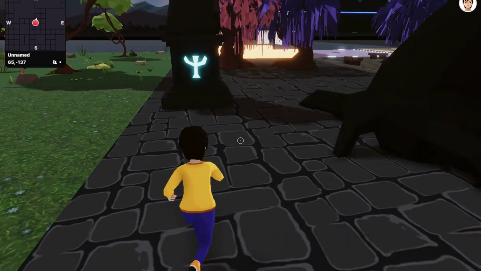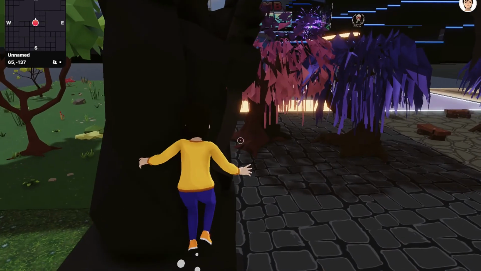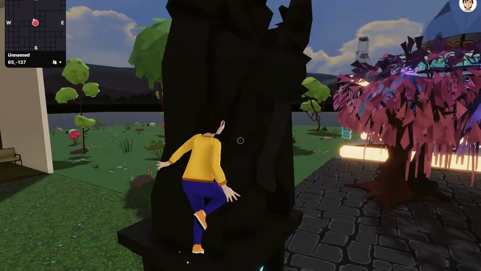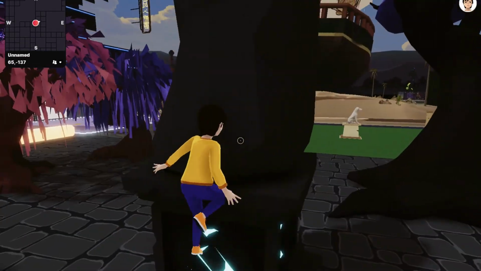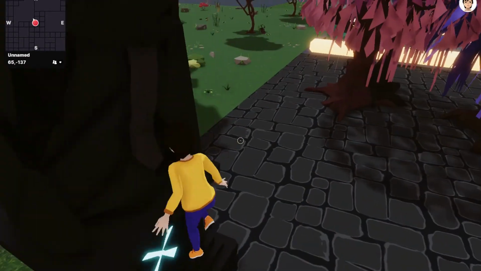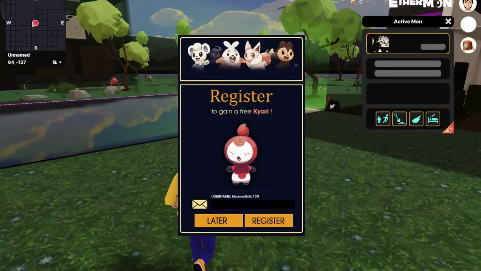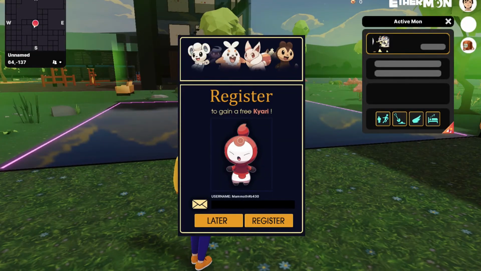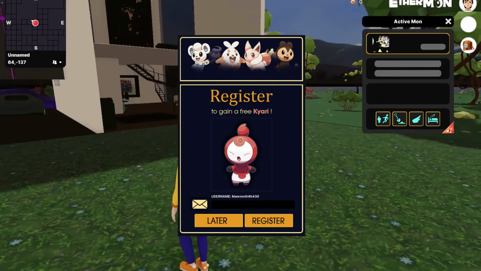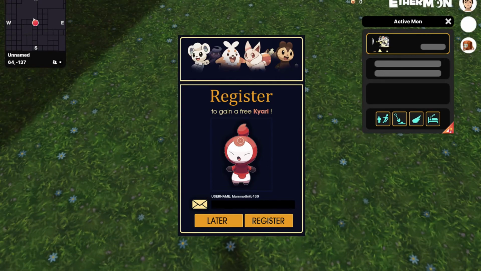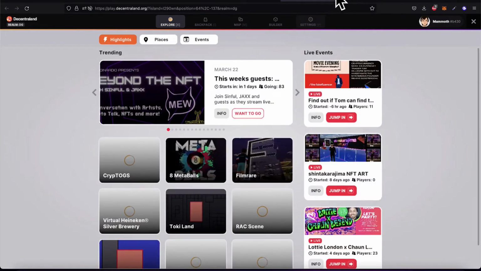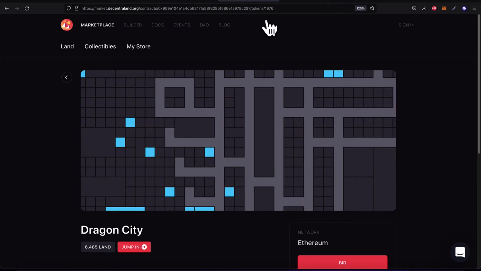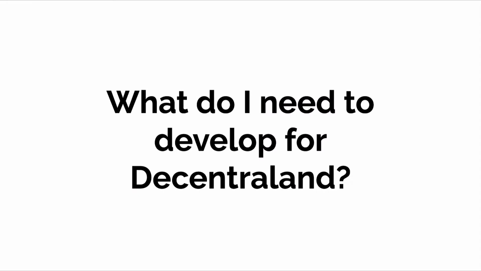Another tool of the SDK is Decentraland ECS. This is a TypeScript package that has a library of helper methods to help you create interactive experiences. You can create and manipulate objects in the scene and facilitate transactions between players or applications. As well, in the software development kit are scene examples, and more is being developed over time and added to the kit. Join me in the next lecture. We're going to discuss what you need to develop for Decentraland.